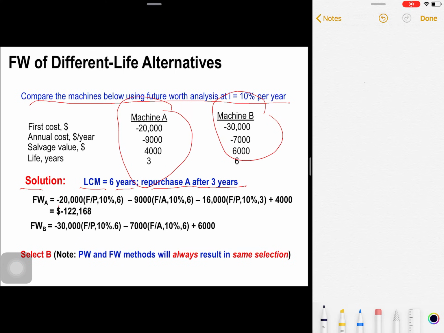Okay, FWA is negative $20,000 (F/P, 10%, 6) minus 9,000 (F/A, 10%, 6) minus 16,000, because why? 20,000 minus the salvage value $4,000, plus the salvage value $4,000, and you get a value of FWA of